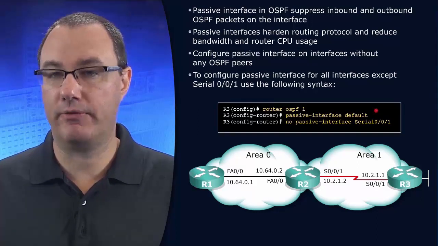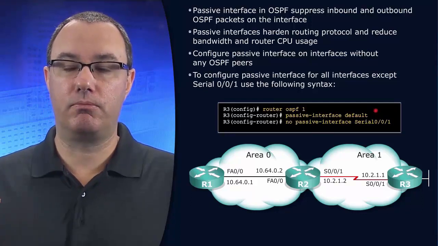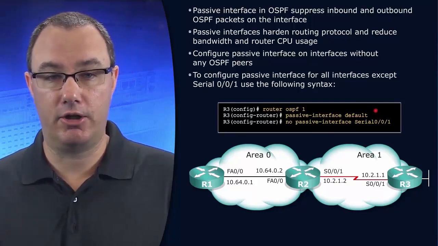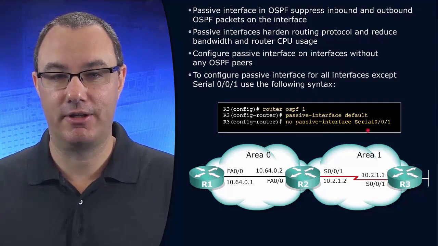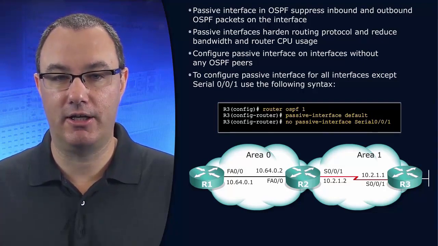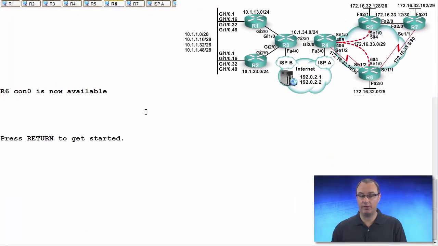Now you can do passive interface default, which says apply to all the interfaces, and then you redact or veto that on an interface by interface basis. You could also be more granular and just say, I want to use passive interface on this one interface. So let's say I'm on R6, and I want to use passive interface to leave OSPF still running on FastEthernet 2/0,